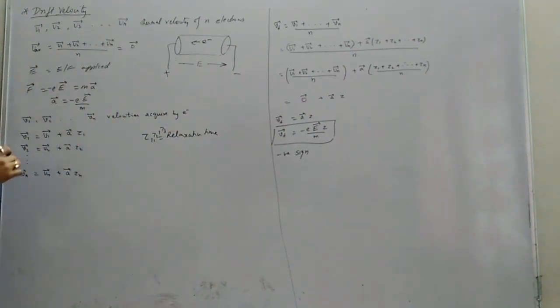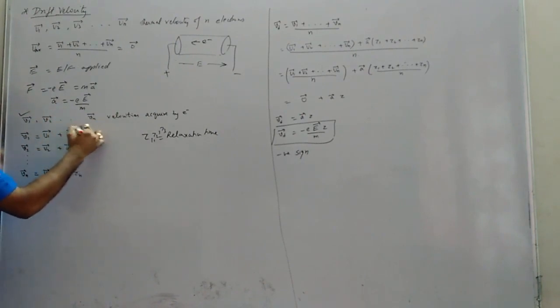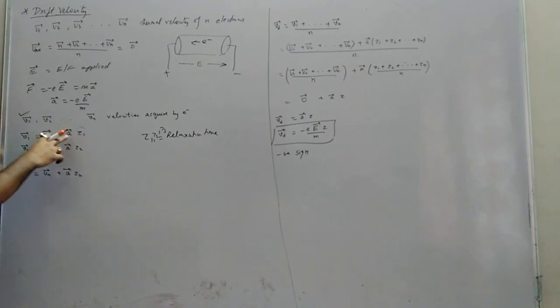Okay, then v1, the velocity acquired by electron 1 due to this electric field, due to this acceleration, what will it be? v equals u plus at. v1 equals the initial velocity of that electron, u1, plus a vector, same for all the electrons, into tau 1. Because electron 1 will experience this acceleration only for the time interval when it was moving freely. So only for that much time is the electron experiencing this acceleration. Okay, understood? Similarly, what will the final velocity of electron 2 be? The initial velocity of electron 2 plus what is the acceleration acting?